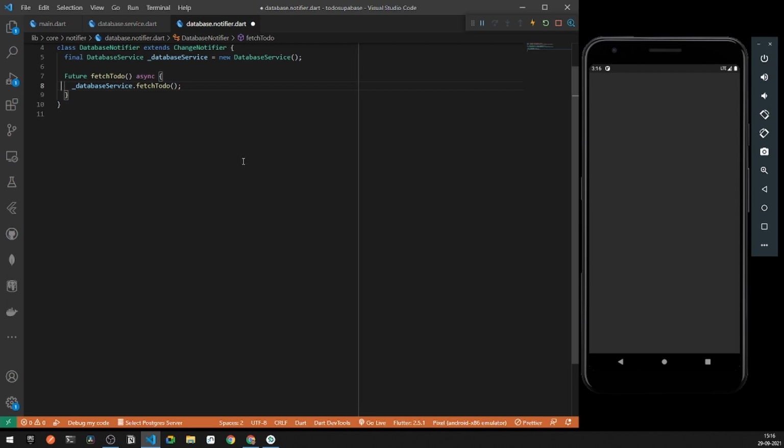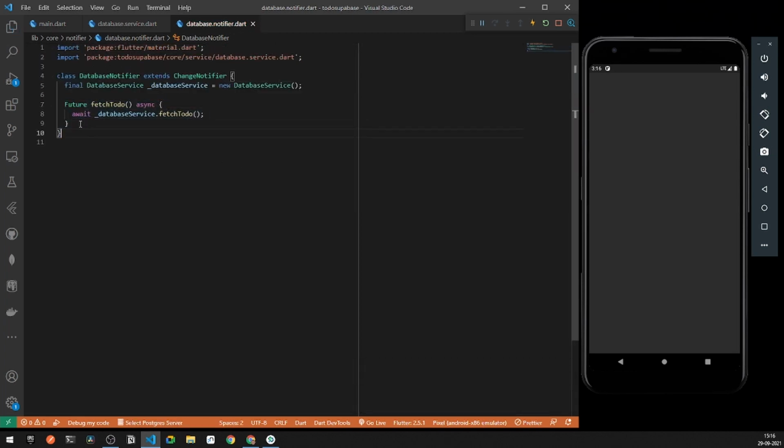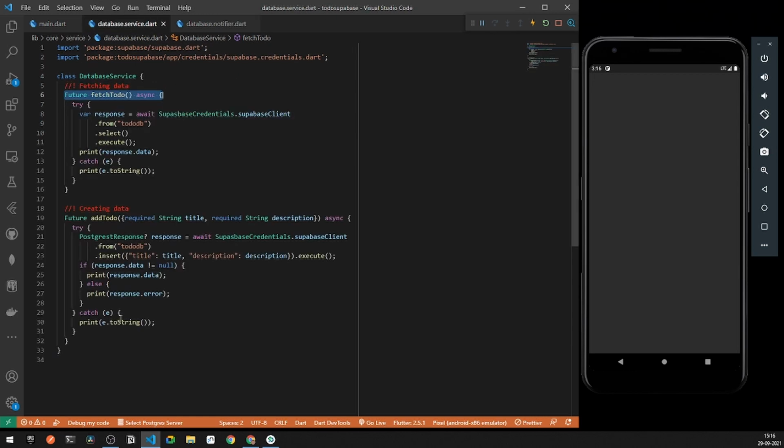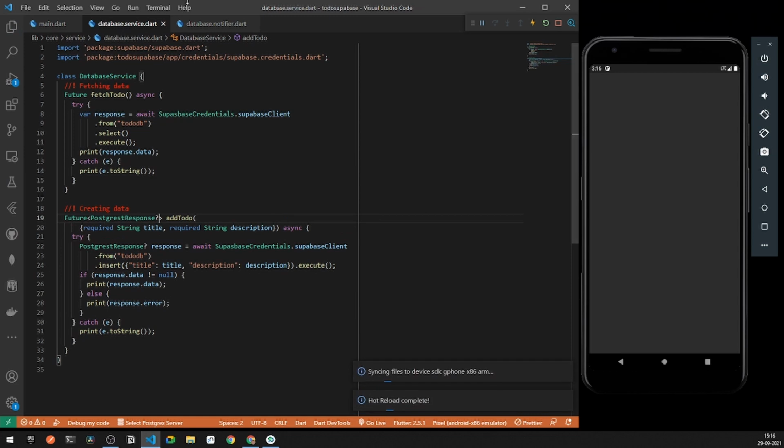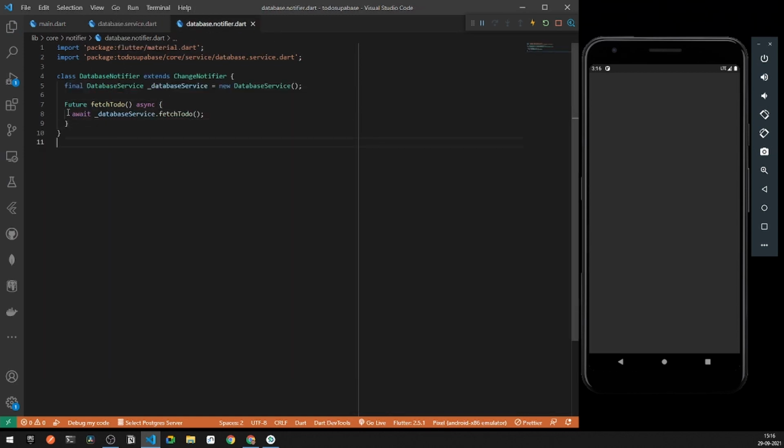It will be a single await state, so I can name it to be await. After it, I can copy the following response. Now if I go back, here you can see the following data will be of type dynamic, and the following response, if I hover over it, will be a Postgres response. What I can do is give my future method to be of type Postgres response. Similarly here I can say it to be a Postgres response, but that isn't required for now.